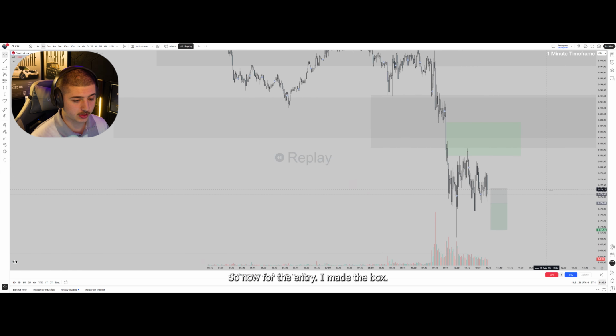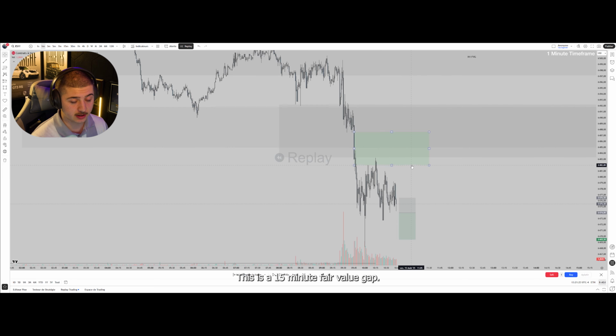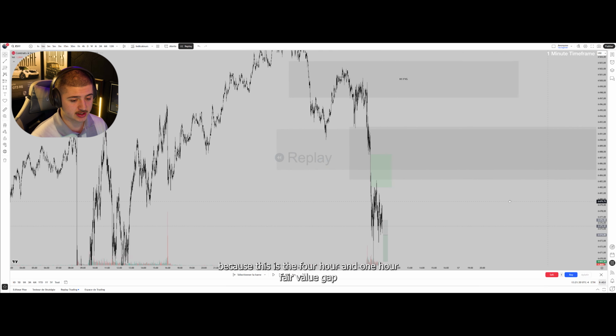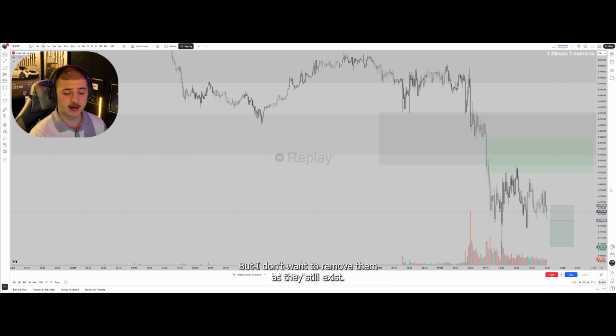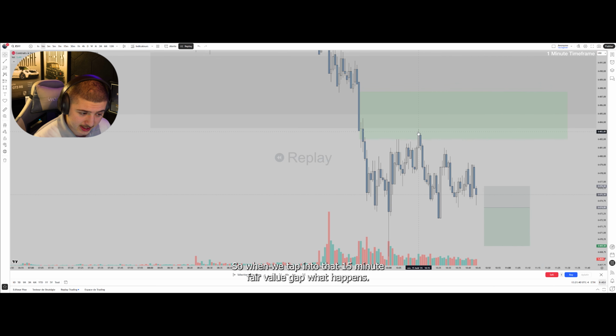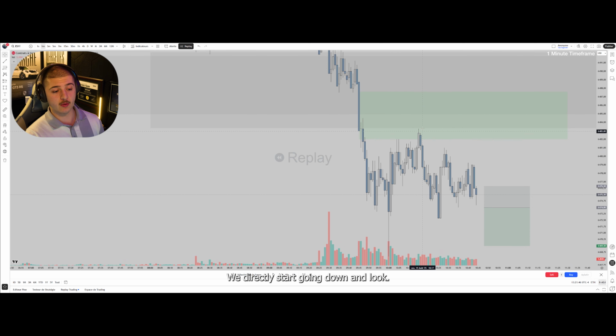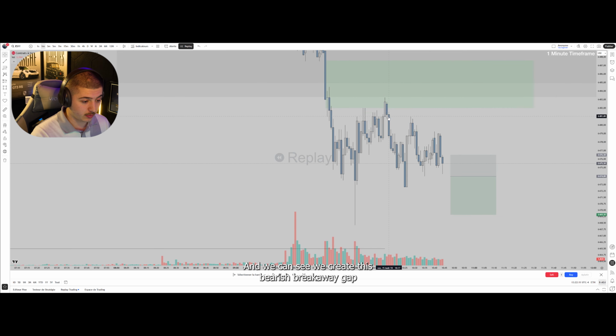Alright, so now for the entry, I made the box. This is a 15-minute fair value gap. I made a box green just so you distinguish, because this is the 4-hour and 1-hour fair value gap, but I don't want to remove them as they still exist. So when we tap into that 15-minute fair value gap, what happens? Boom, we directly start going down, and look, we can see we create this bearish breakaway gap, and we